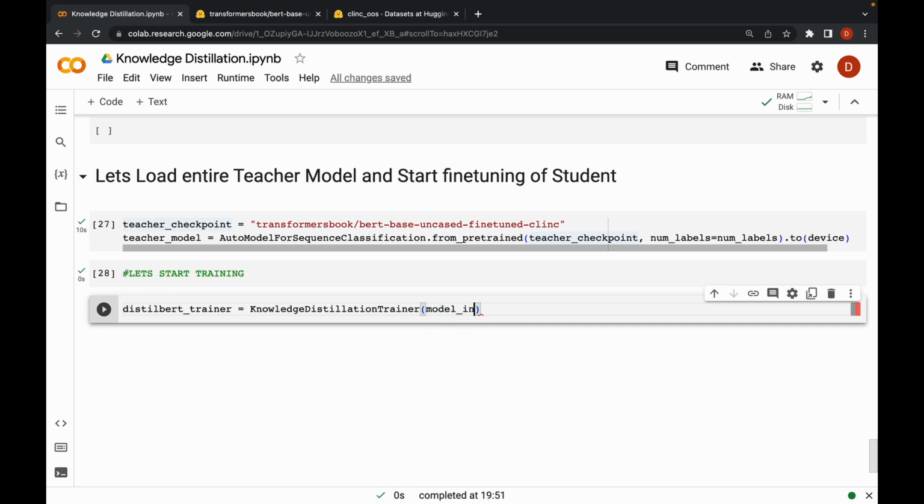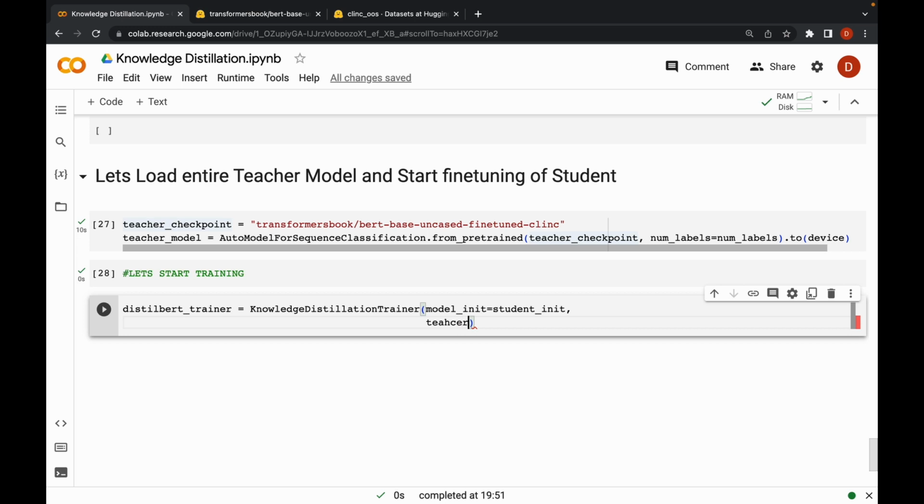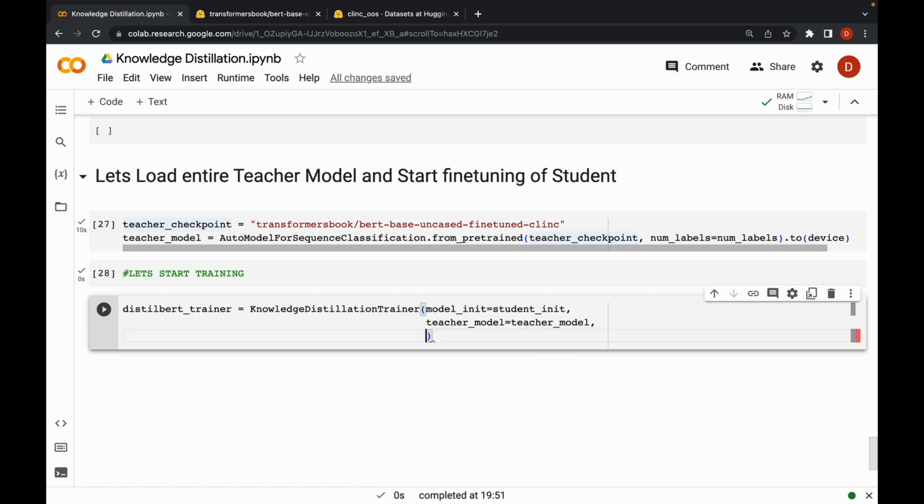We will use model_init equal to student init functionality, then teacher model equal to teacher model, then arguments equal to student training arguments,